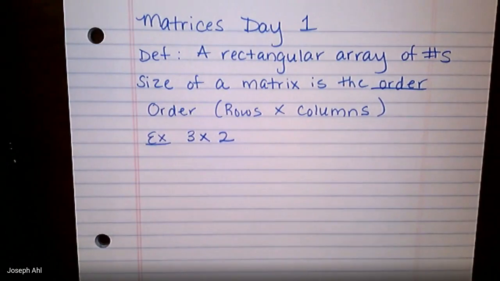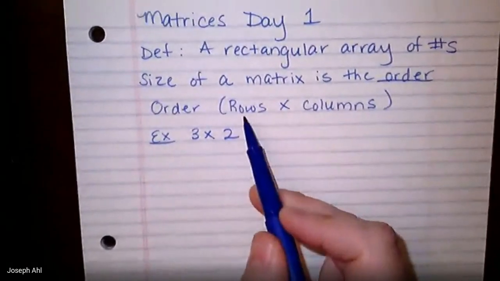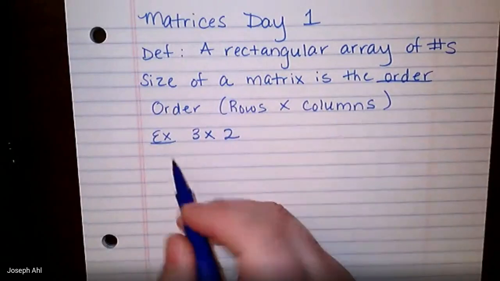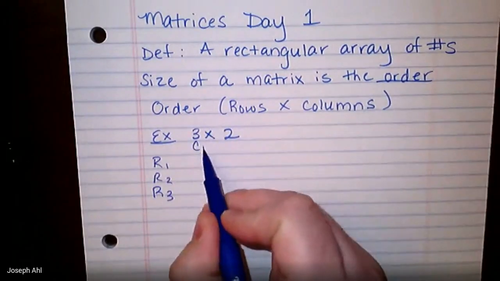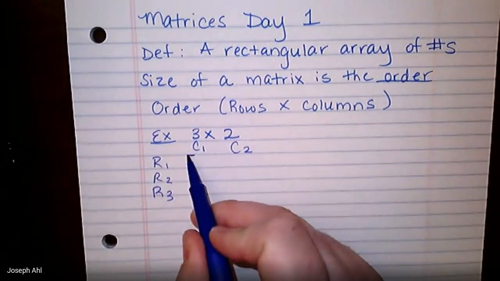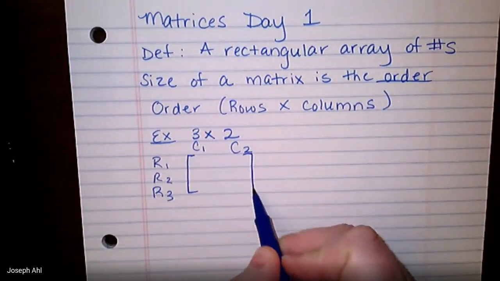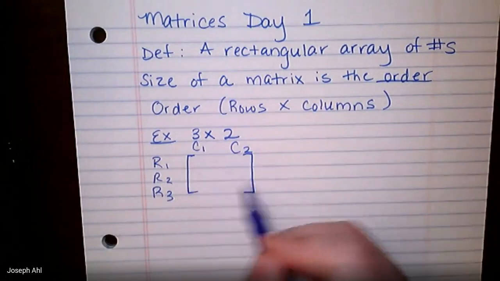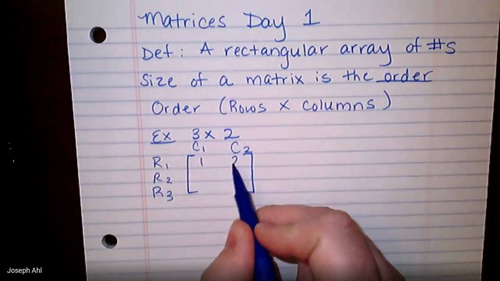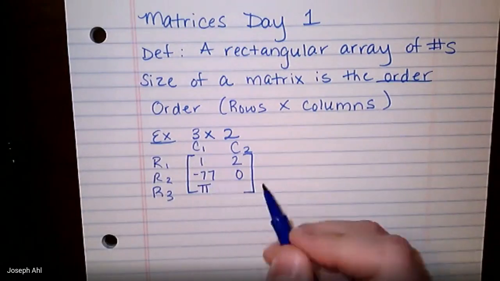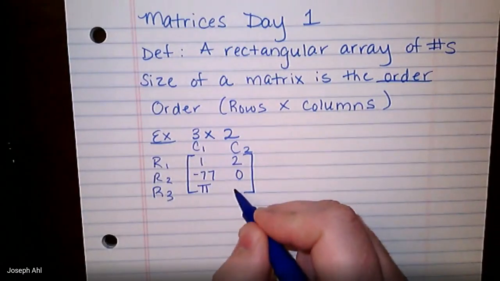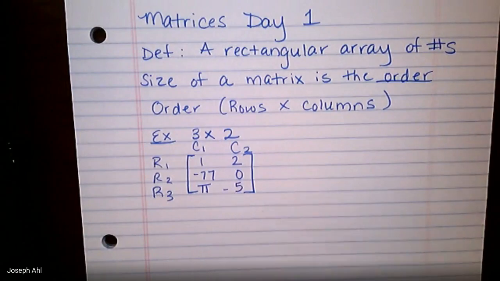Okay, 3 by 2, what would that look like? Well, it would have 3 rows, and then it would have 2 columns. So it'd be row 1, row 2, row 3, column 1, column 2. And then you could put whatever numbers you want on the inside. You could have a 1, you could have a 2, you could have a negative 77, a 0. You can have pi. You can have, I don't know, negative 5. You could put literally whatever numbers you want on the inside, just showing you what the size and the